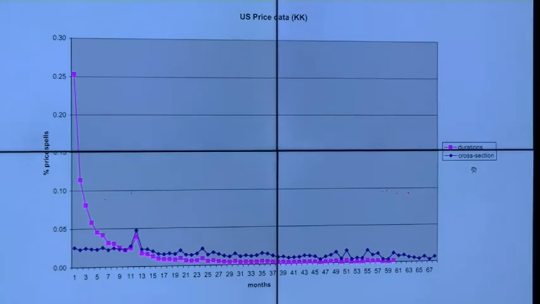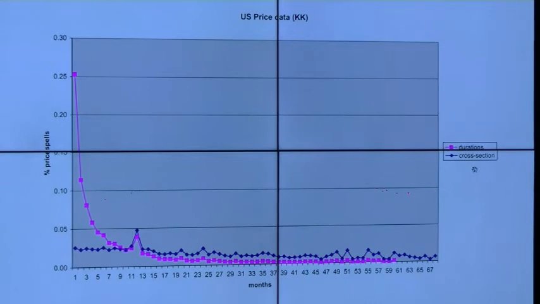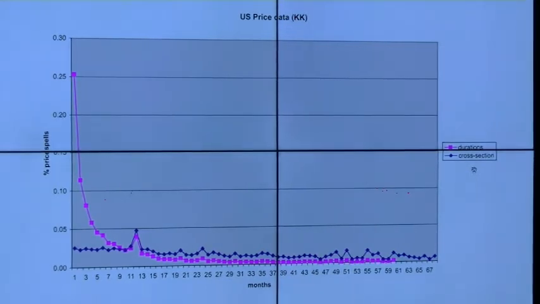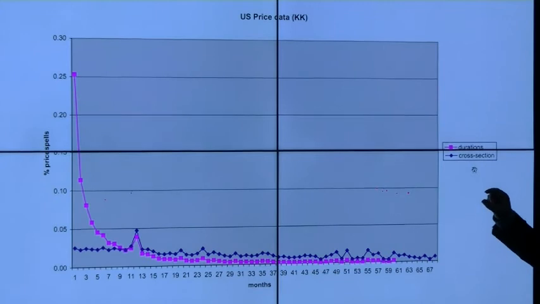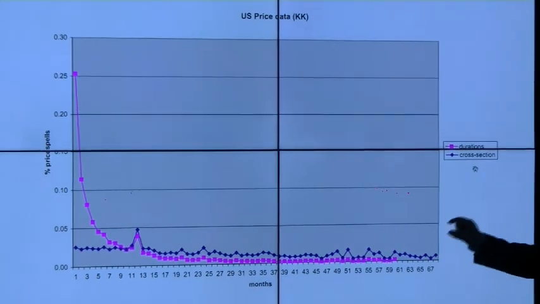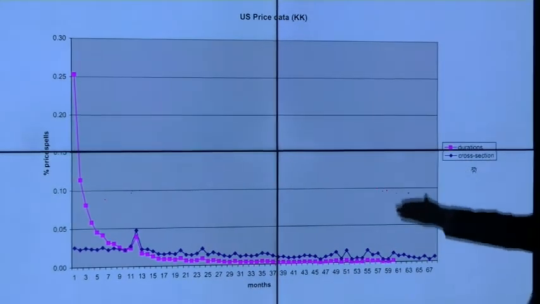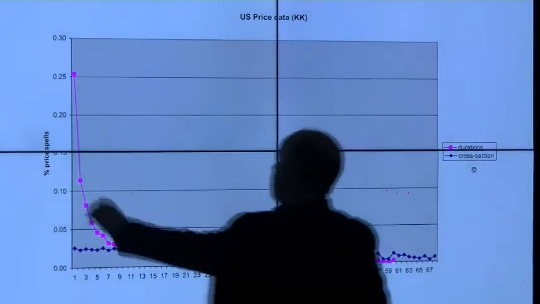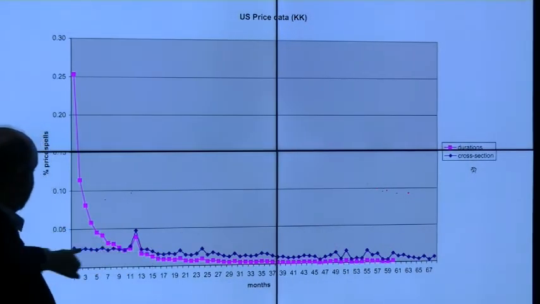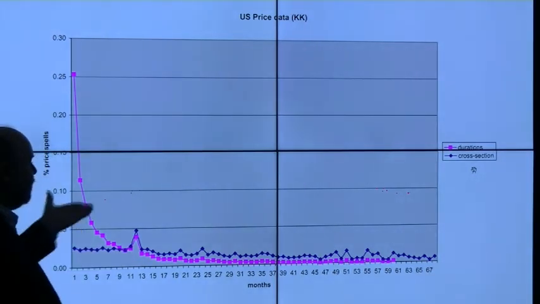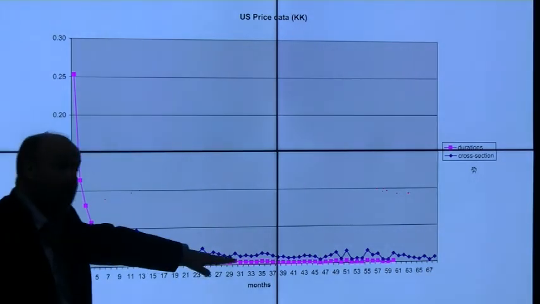But in one of the papers, they do provide some statistics for it. And Peter sent me the data, and I was able to use it. I don't think this data is actually correct for this methodology, but the overall picture is, so here's the distribution of durations in the American case, and here's the cross-sectional one. And again, the figures look very similar, but they're a bit low, and that's because of